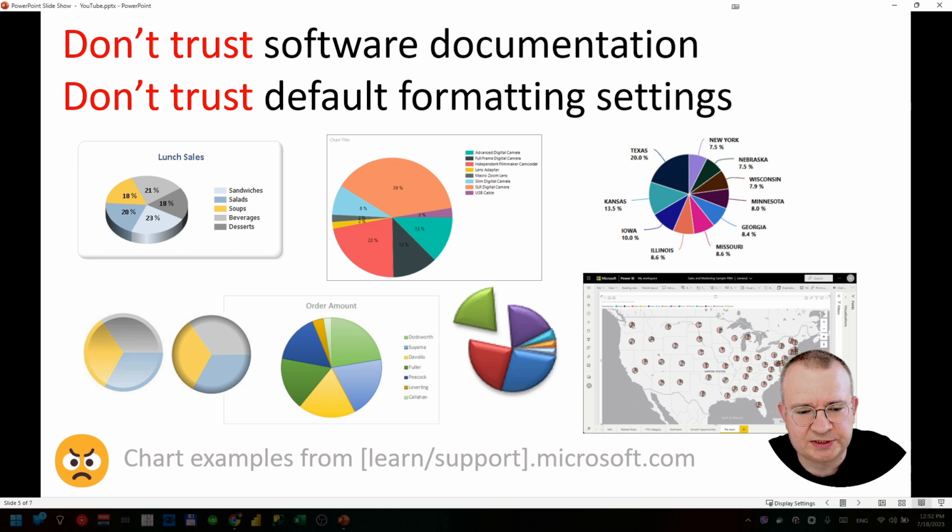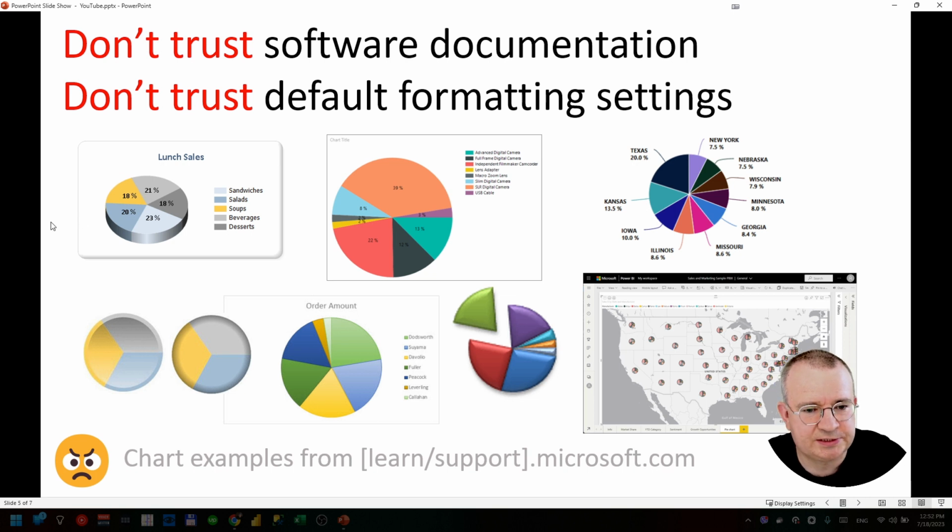All these examples that you can see here are from Learn Microsoft.com and Support Microsoft.com website. So it's basically official documentation for Power BI Desktop, Power BI Report Builder, Excel, and other data visualization tools.